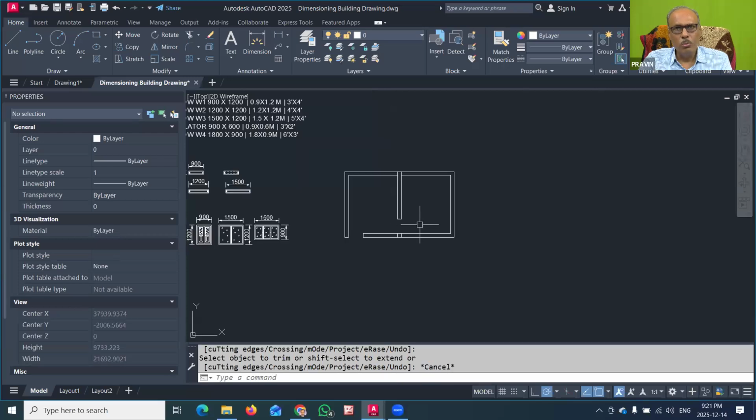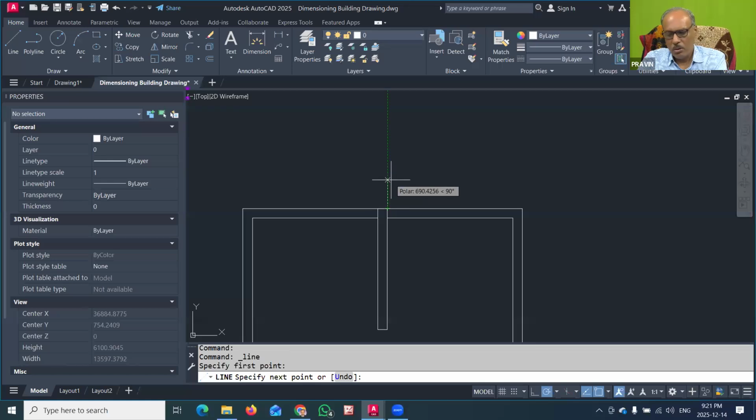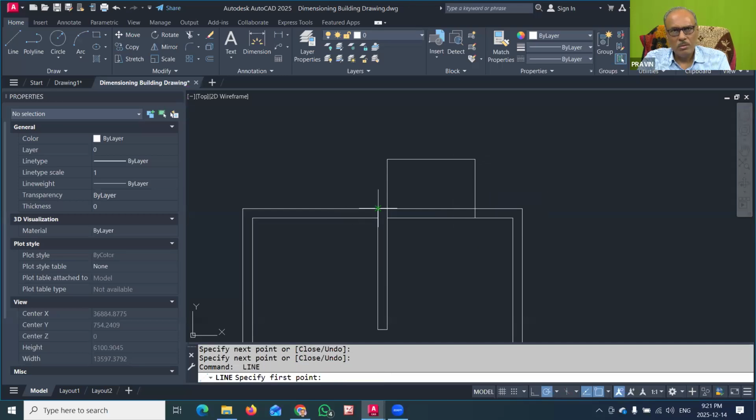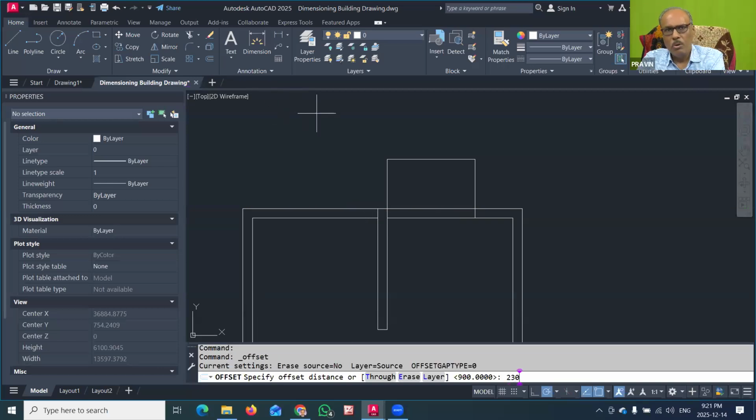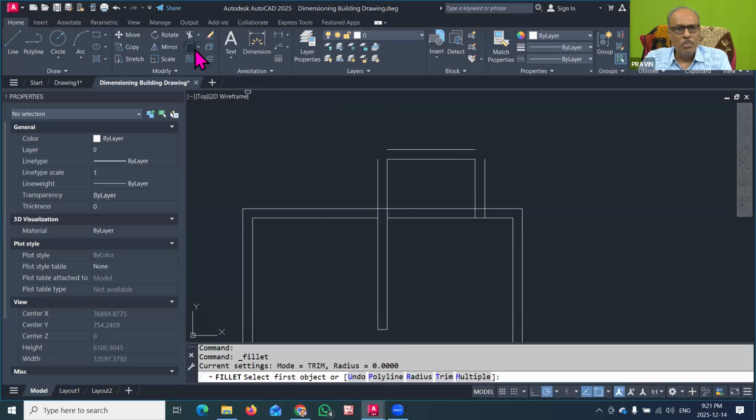So this is the entry to this room, and suppose there is one toilet on the back side. That also you can create by drawing some lines with the dimension 1200 by 2100. It is an attached toilet. I am just showing it here. And then I will offset it by 230. So offset command, width is 230 of the wall, and I will offset all these lines outside. Now I have to join these corners. For that, you can either use the extend command, but I will generally use the fillet command where the radius is 0. So I will select these two lines, and this corner will automatically get cornered.